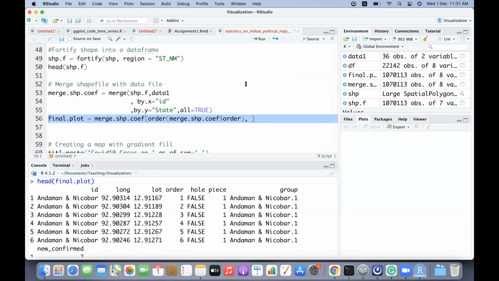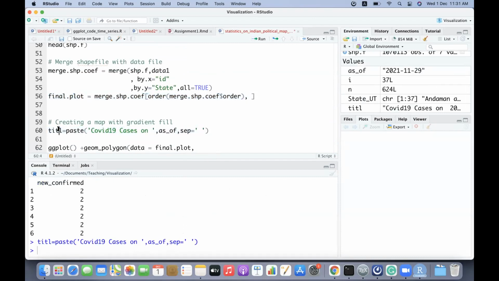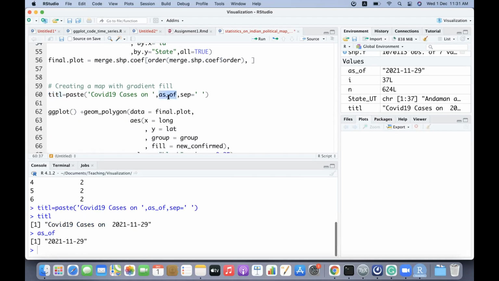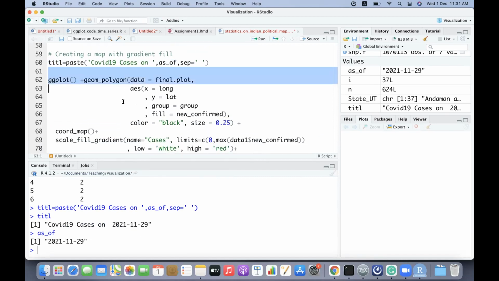Okay. Now I'm going to create a title. The title says COVID-19 cases on 2021-11-29, because that is the date. Then I'm calling geom_polygon. Polygon will take the latitude and longitude and plot them by group.